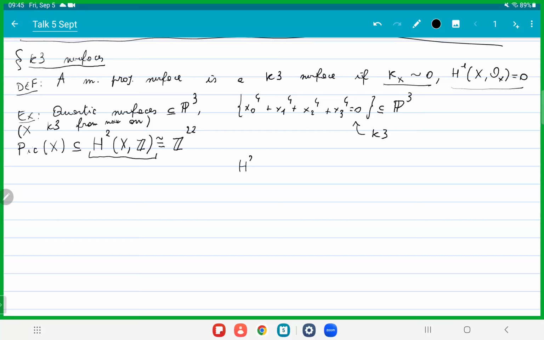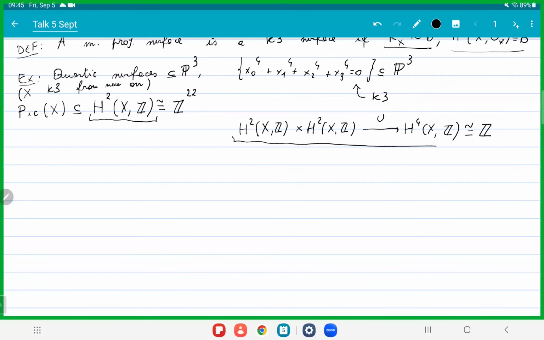So we have a cup product on H2. So we have a map from H2(X, Z) times H2(X, Z) to H4, which is the cup product. Sometimes people call this the intersection product. And this is just Z. So this means that we have a bilinear product on this H2. We know a lot of properties about this bilinear product. It is non-degenerate. Non-degenerate simply means that there is no element that is orthogonal to everything else. In other words, if you write down the matrix of the bilinear product, it's invertible.